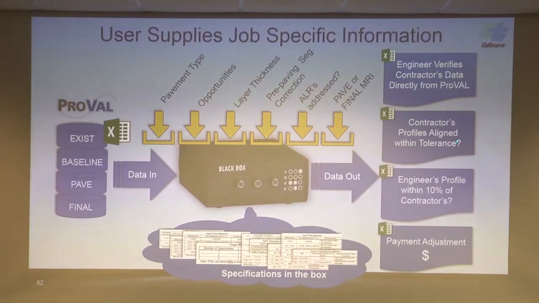Contractor's profiles are aligned. When the contractor brings all these profiles, if they're not aligned with each other, there are some checks in there where a bunch of things go red, and he's going to know right away, and he shouldn't be submitting that to us if it shows misalignment data. And there's a section where we can import our verification profiles to compare them to the contractor's. We have to do 1 profile per 10 of the contractor's. That's our minimum requirement. You should do more if you can. We're just going to compare 1 profile to the contractor's profile, ours to theirs, and if it's within 10% overall MRI, then it verifies. And obviously it calculates the payment adjustment.